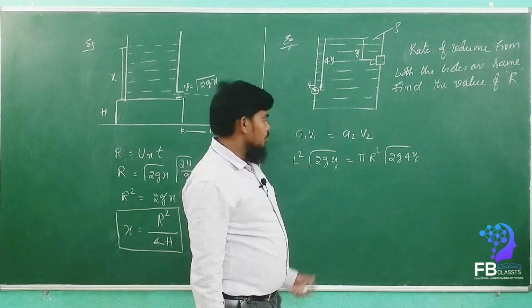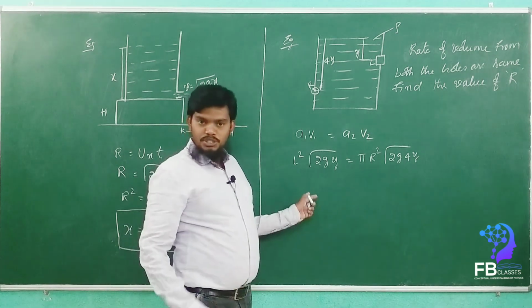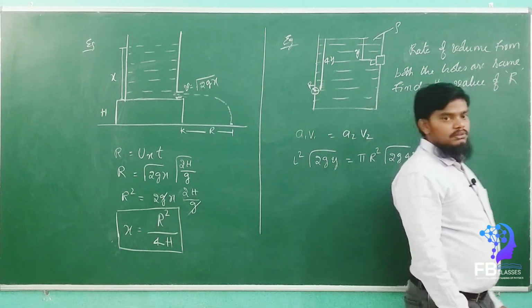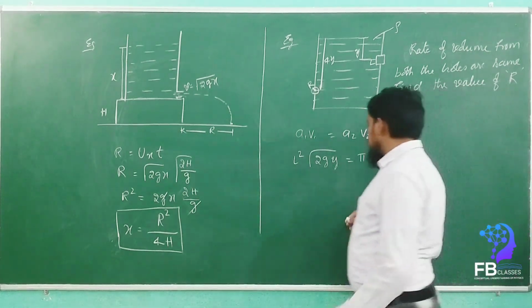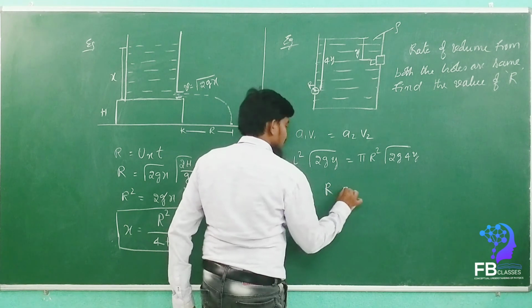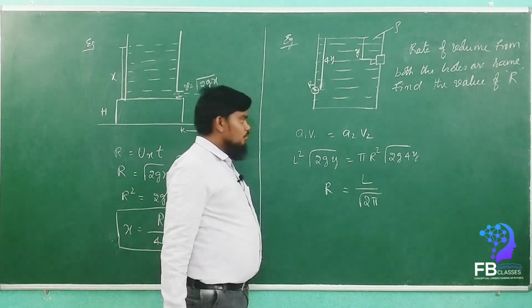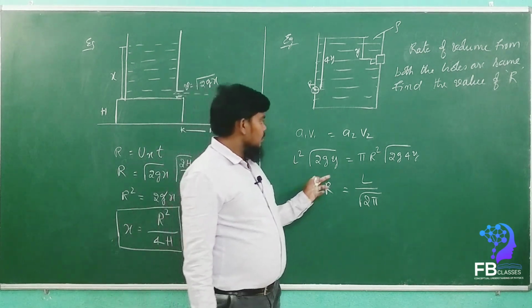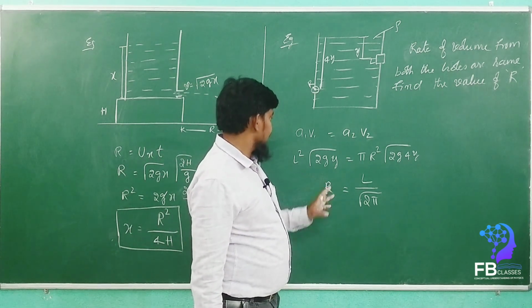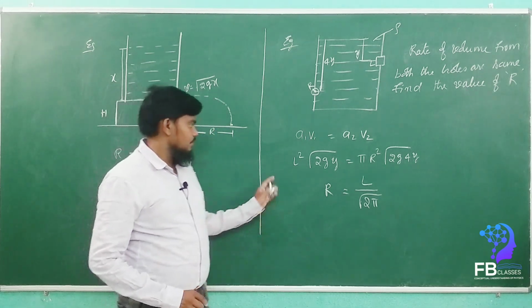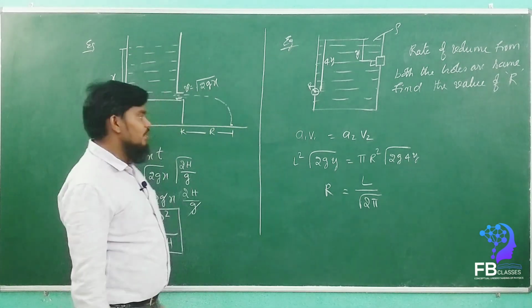Can you please do it fast. How much will the r value come? Let's see. It's a very simple calculation. So r is equal to how much, my dears? According to my calculation, r is equal to L by root 2 pi. Is it correct? Yes, the same thing came to you. Good. Can you please make a note of it, then we can continue the class.